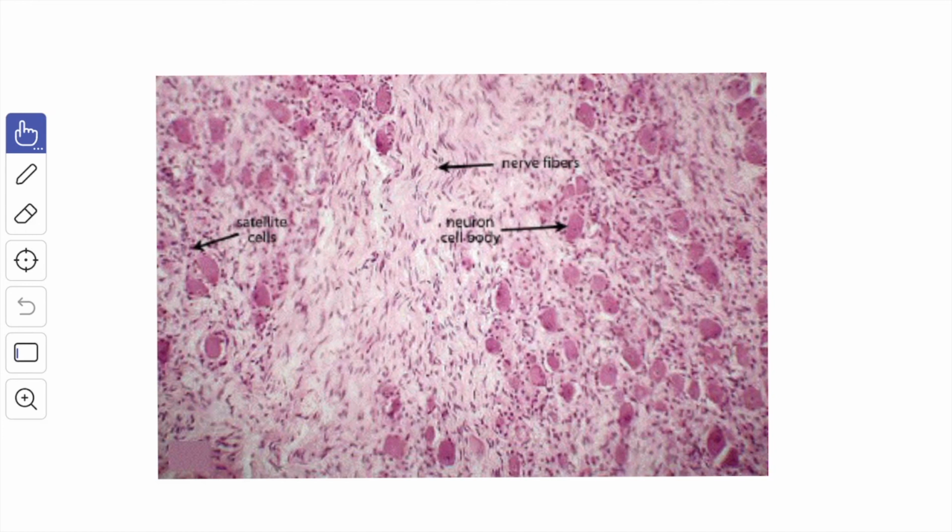Autonomic ganglia are therefore an aggregation of the cell bodies of the postganglionic neurons. These neurons are multipolar. The axons of the postganglionic neuron leave the ganglia as postganglionic fibers to reach and supply the smooth muscle or the gland. The autonomic ganglia are subdivided into two major types, sympathetic and parasympathetic. The sympathetic ganglia are located on the right and left sympathetic trunks, and the parasympathetic ganglia usually lie close to the viscera supplied through them.